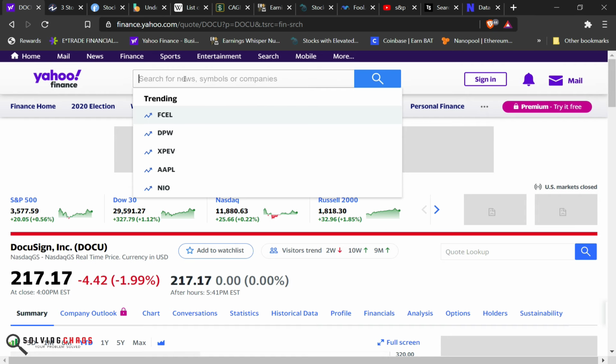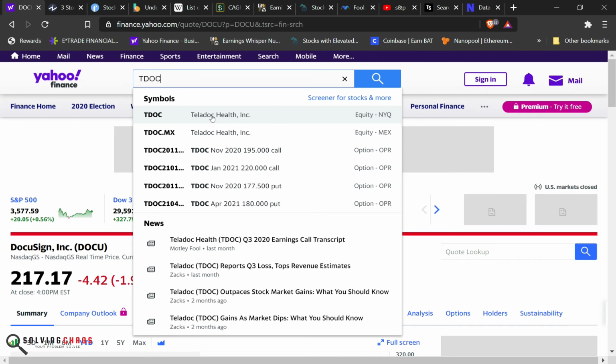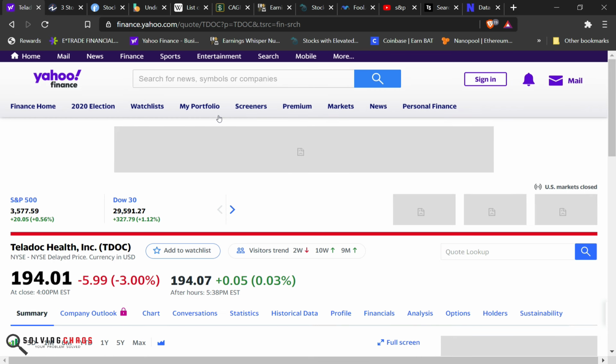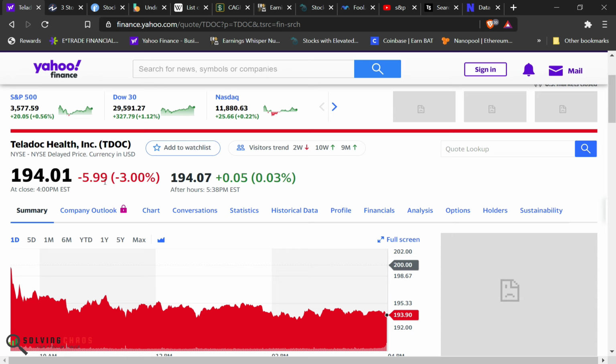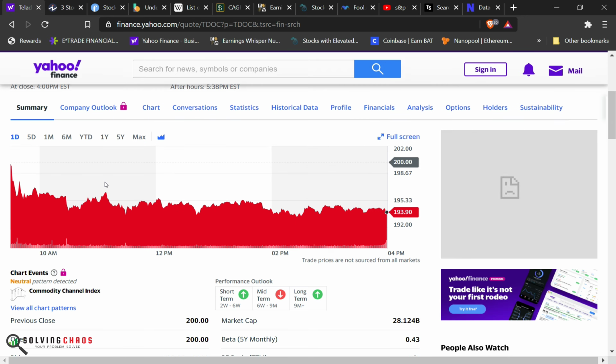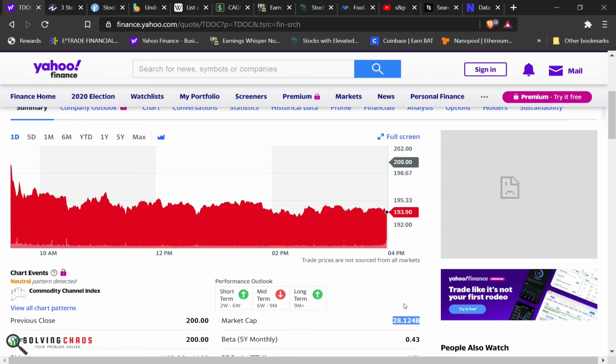The next work from home stock, that I always get confused because the ticker symbols look very similar, is Teladoc. Teladoc just completed a merger. And I think this is a new way to do medicine. It is a $28 billion size business. So again, you can remove all those companies under 10 and add some of these bigger players. I think these are the companies that will be running and leading for the next 10, 20 years.